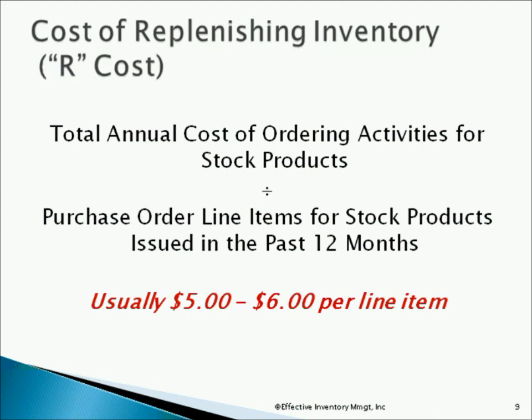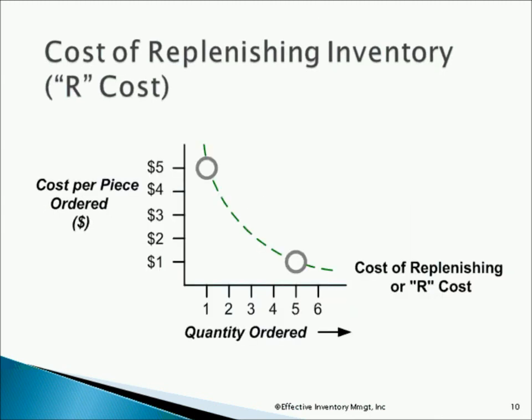So if we translate this cost per line item and actually apportion that out per piece, we see that the cost per piece decreases rapidly the more we buy. Look at the chart on this slide. If we had a cost of replenishing inventory of, say, $5 per line item, if we buy 1 piece, that piece has to absorb the entire $5. You can see the quantity ordered of $5. That top circle recognizes that 1 piece has to absorb the entire $5